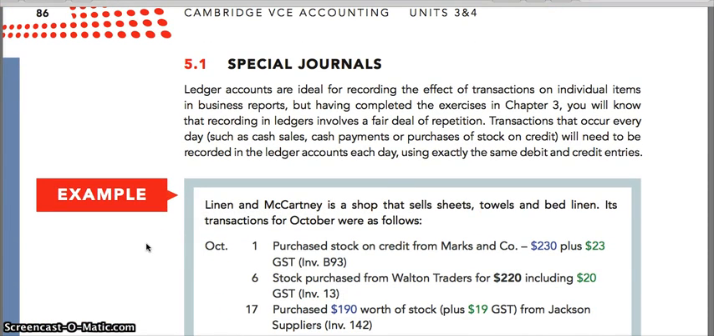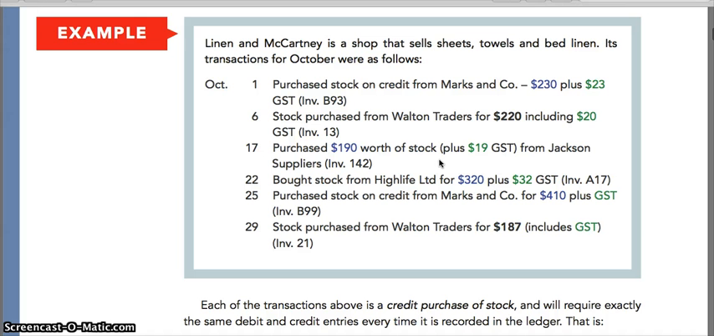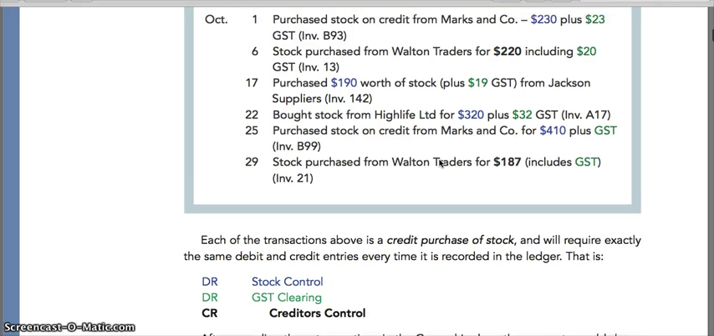When we were looking through chapter 3 and doing all the ledger accounts, we would have found that although it was really good for recording individual items in business reports, for example the purchase of an asset, for transactions that were happening every day there was a fair bit of repetition involved. It meant we were clogging up journals with transactions that happened every single day, and had exactly the same